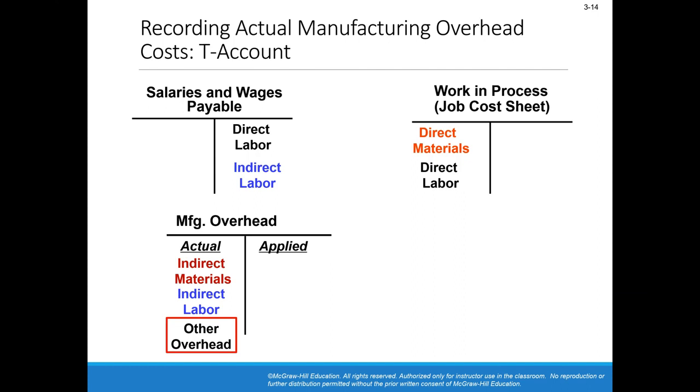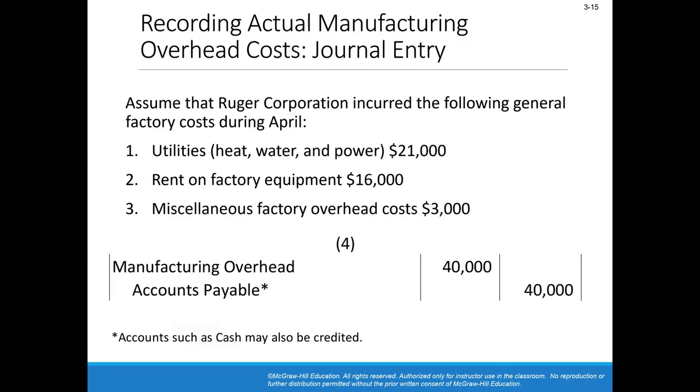Now we have other overhead. So let's go through that. So we have utilities of 21,000. We have rent at the factory for 16,000. And then we have miscellaneous overhead costs, and that's 3,000. So we're going to add those up because that's all part of the factory cost during April. So we're going to add them up, and that is going to go into manufacturing overhead as a debit and